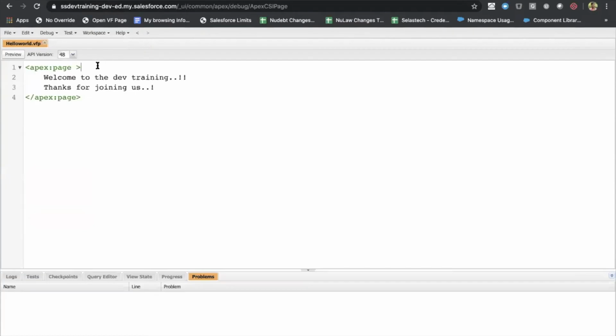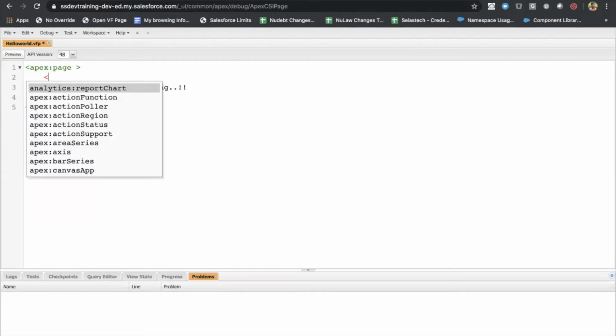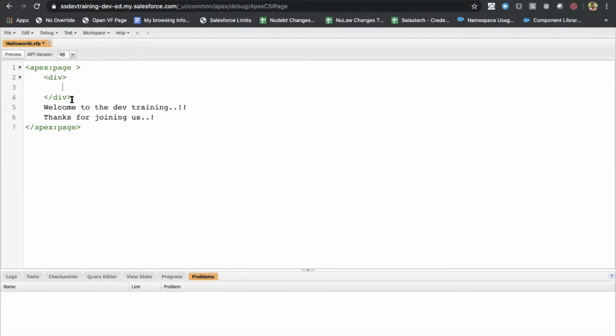Okay, so now let's add some customization or some beautification to this. I'm just adding a div which you're already familiar with. And here I'm writing one style, which is that I just want to align this to the center.